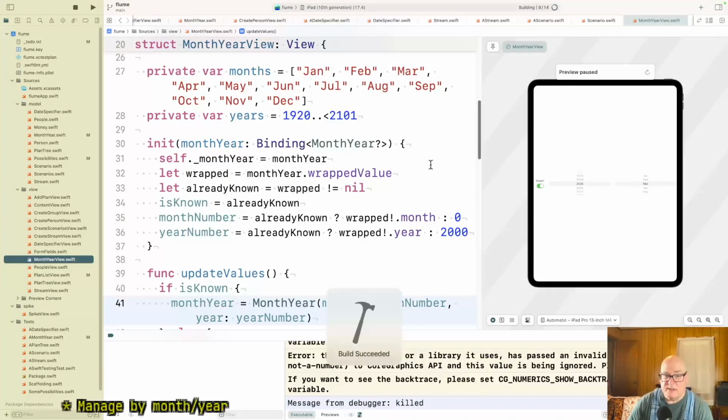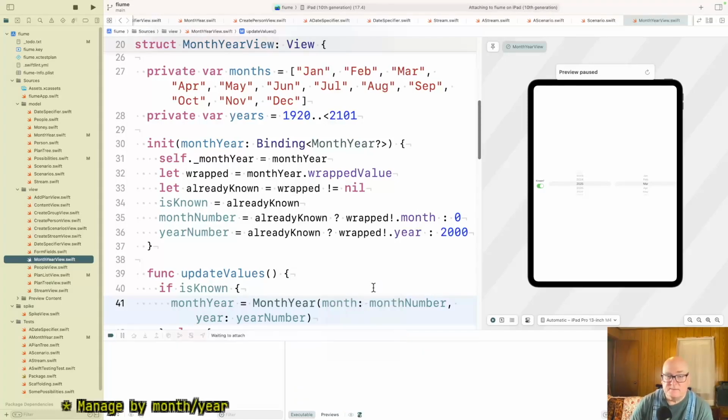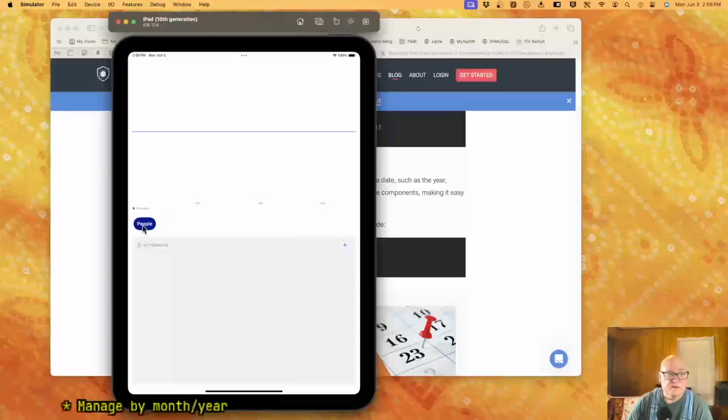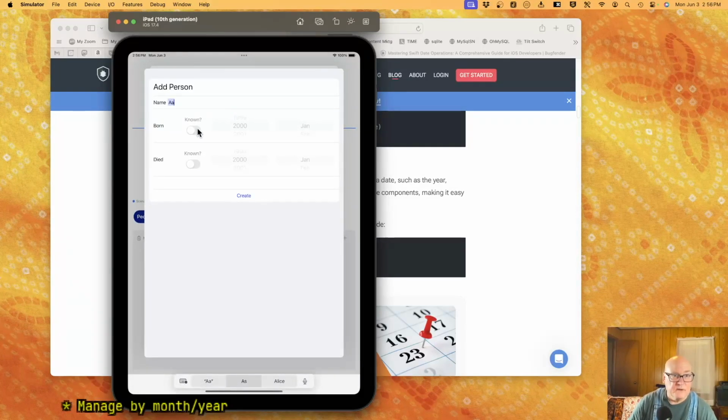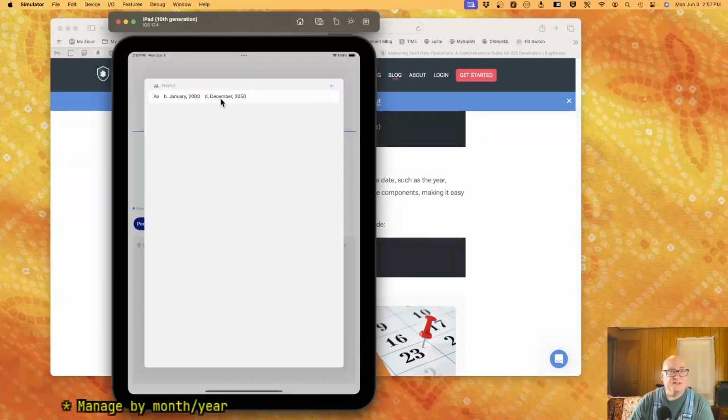We should be able to see the right dates on things. Okay, so add a person. All right, if they were born January 2000 and they died December 2051. Okay, let's make it round so I can keep it in my head. January 2000 to December 2050. January 2000, December 2050.